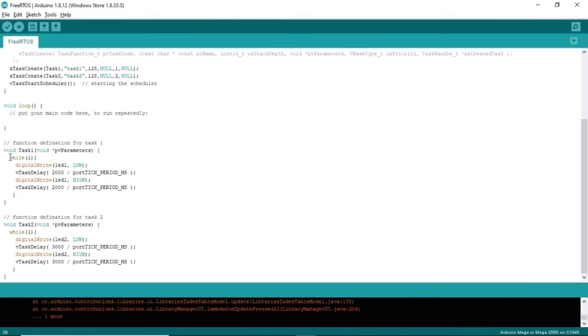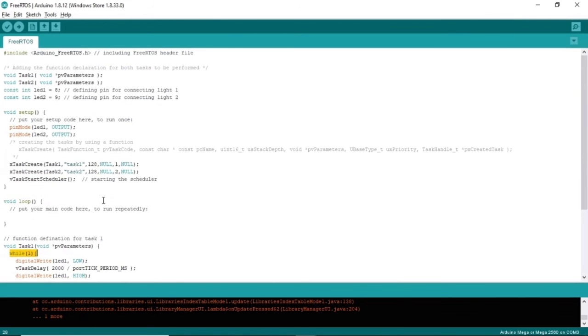Now, as you can see, we are using while(1) here. So you might wonder how this task will come out of the infinite loop and the scheduler will switch from task 1 to task 2. As we are using a task scheduler, whenever the CPU sees that task 1 doesn't have to perform anything, it will switch to task 2, as task 2 will be present in the stack. So this is how the scheduler works. If one task is waiting and not doing anything, then it will give the CPU resources to another task.